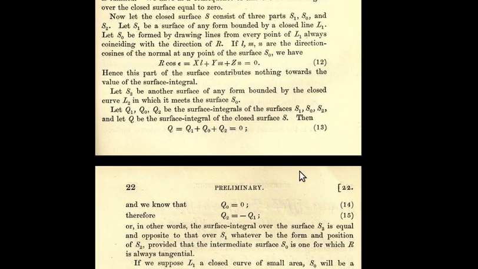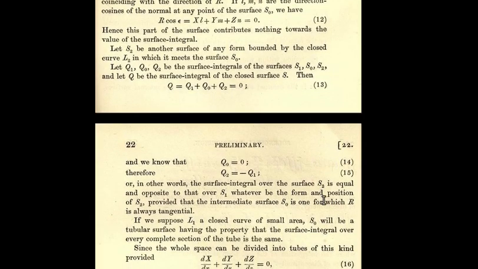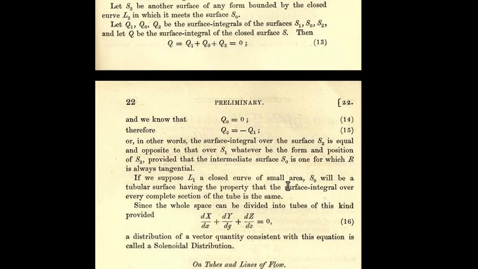Let S2 be another surface of any form bounded by the closed curve l1 lying on the other side of the surface S0. Let Q1, Q0, Q2 be the surface integrals of the surfaces S1, S0, S2, and let Q be the surface integral of the closed surface S. Then Q = Q1 + Q0 + Q2 = 0 (Equation 13). And we know that Q0 = 0 (Equation 14). Therefore, Q2 = -Q1